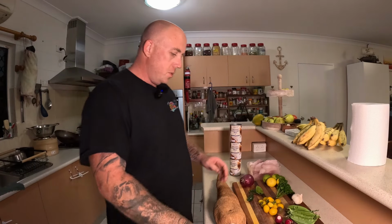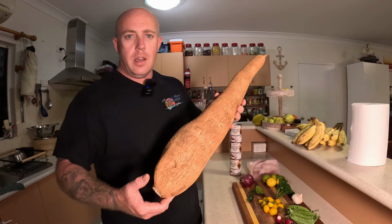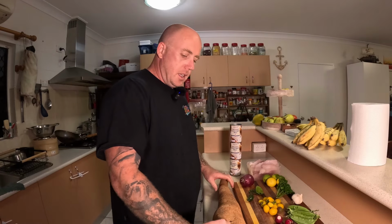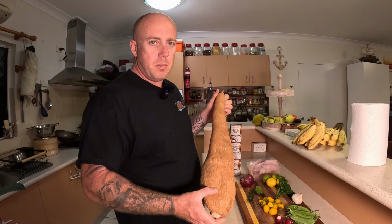Hey guys, how you going? We're just about to cook up the coral trout that we caught. So I'm doing a dish with a bit of cassava. I don't know if you've seen cassava before. It's a vegetable that I fell in love with when I was over in Fiji. It's kind of similar to potato, a little bit harder, a little bit drier, but it's got a lot more